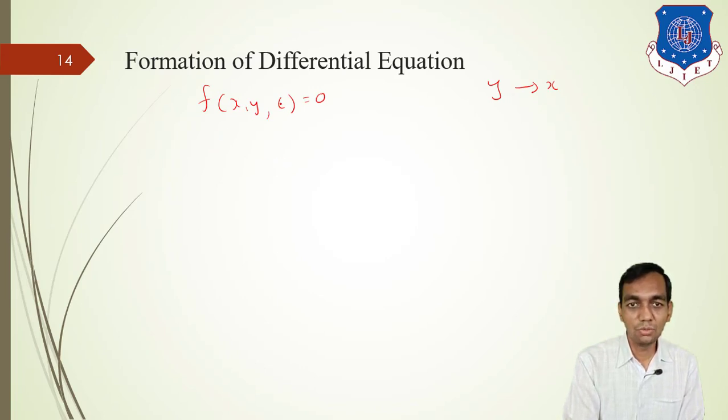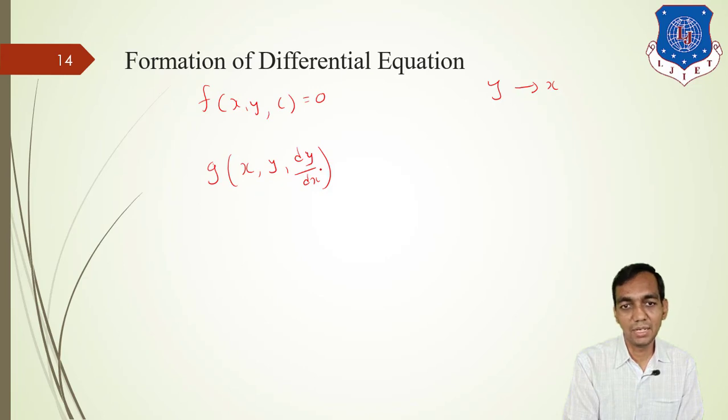So what you have to do is, from any equation, if you have to form the differential equation, then you have to differentiate it. That means you have to find the derivative, and whatever the new derivative function is, it is a function of x, y and dy by dx. It may also have c there. Correct? But from these two equations, you have to eliminate c, and whatever equation you get is called the differential equation of the given equation. This is the method.